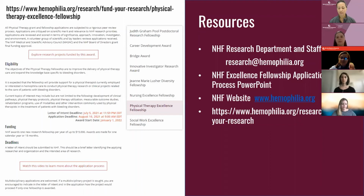They're mostly done within the working groups, the NHS working groups, so the nursing, physical therapy, and social worker. But we also have a lot of resources on our website, in the hemophilia.org research area. On the left-hand side, you see the Physical Therapy Excellence Fellowship. You have eligibility criteria, the most up-to-date dates for the cycles, funding details, and deadline details, which Laura says are key for a successful application, to stay within